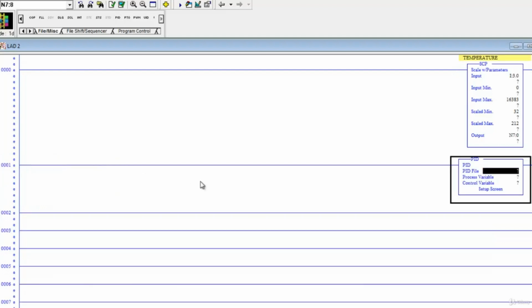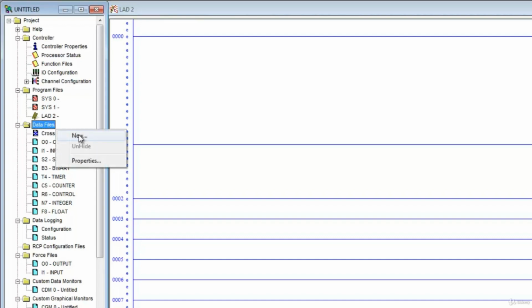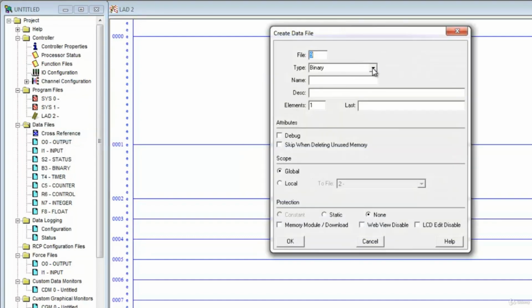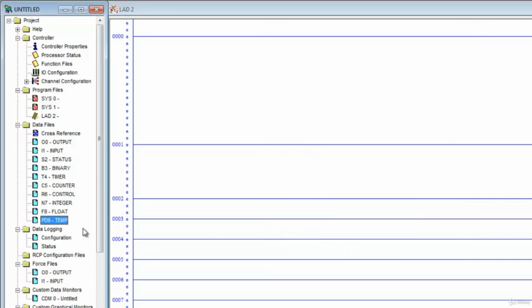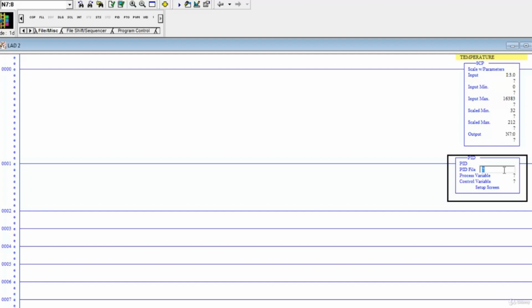We're going to go ahead and drop that in on rung 1, and we need to give this a PID file. Now right now a PID file doesn't exist in our data file, so let's right click on Data Files, select New, and take Type PID, and we'll go ahead and give it a name of temp. So now we have a new data file, PD9, and that's our temp PID file. So our PID file on our control will be PD9,